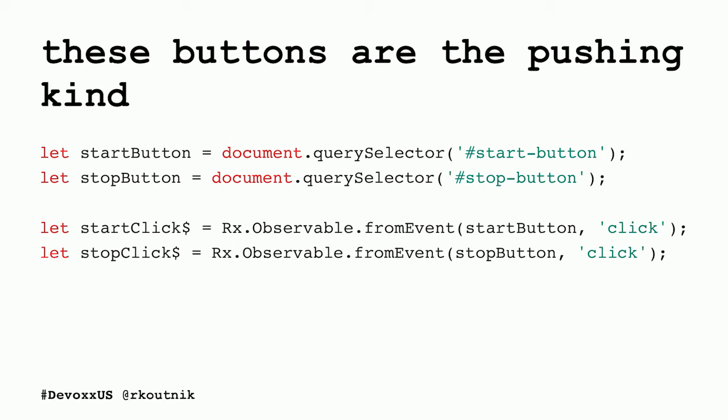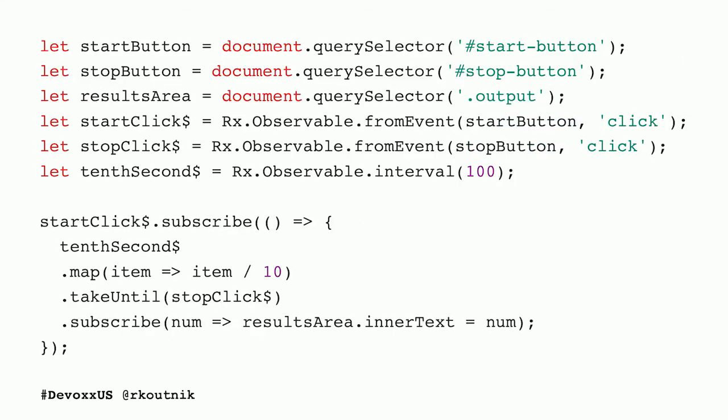So far, so simple. We can put it all together into 12 lines of code. 6 of them are variable declarations. And the rest is our actual business logic that we need to worry about. So at the start, when all of this code runs, there will be no timer going in the background. There won't even be a listener for click events on the stop button, because we don't care. We will listen to click events on the start button, because we've subscribed. And for every click event on the start button, we then take our 10th of a second timer, map over it, and divide every item by 10.